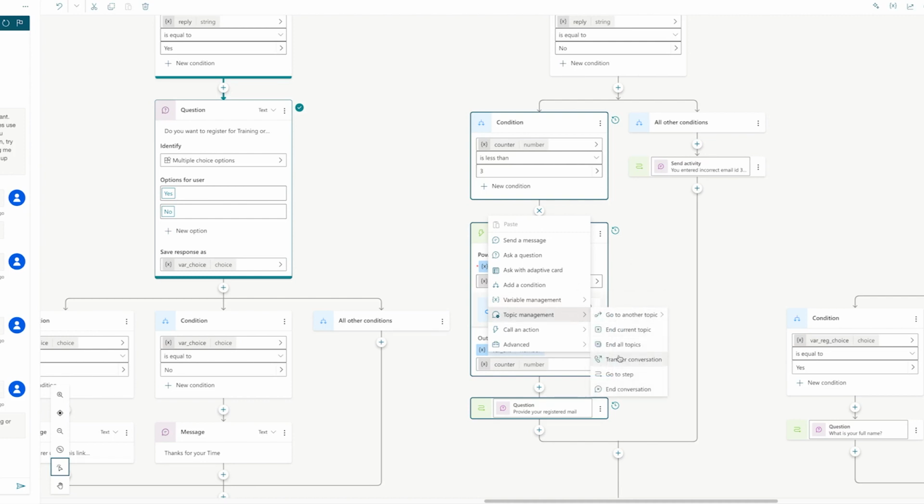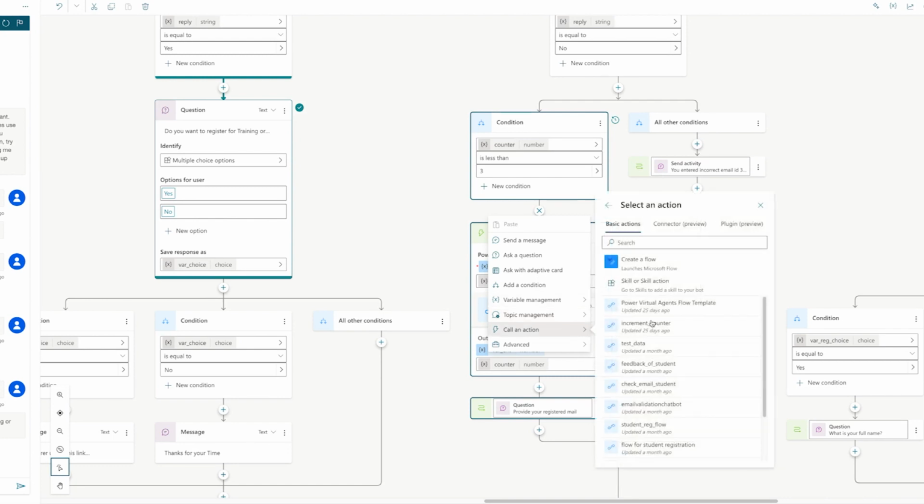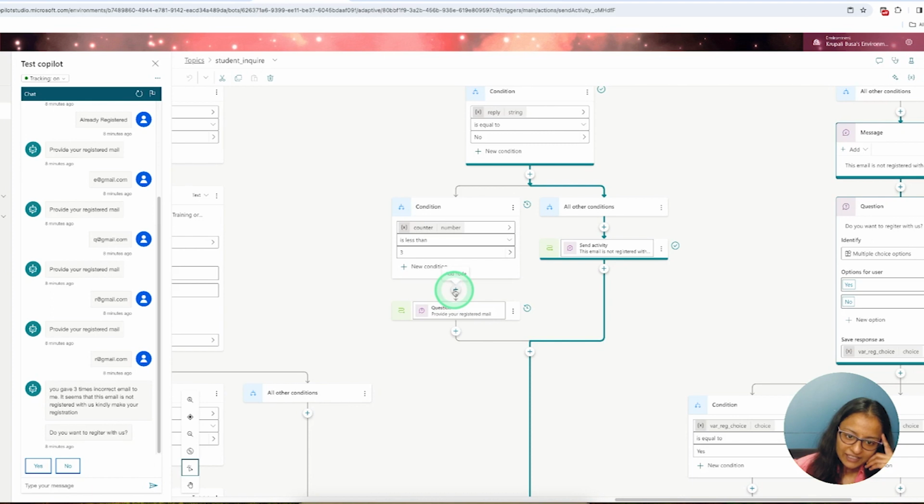Let me just give call an action, and you can see the flow name for that. So let's design a flow which will take a value from that, increment it by 1, and return to the Power Virtual Agent. So for that I need to click on the plus sign and click on call an action,